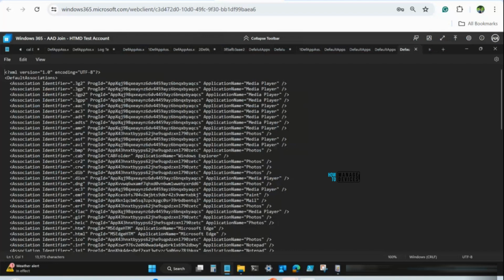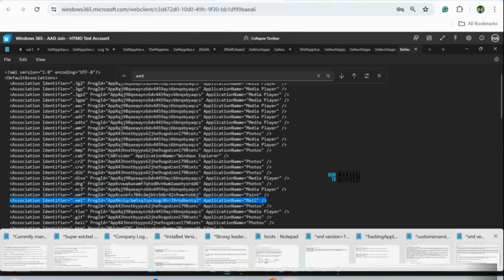Here we only require mailto and .eml for our requirement. I'm searching for .eml. You can see over here, right? Right now it is configured as a base mail ID, so it is not configured with Outlook. I'm copying that one